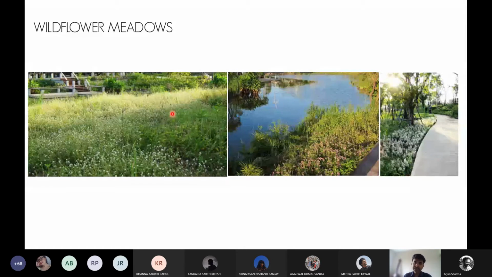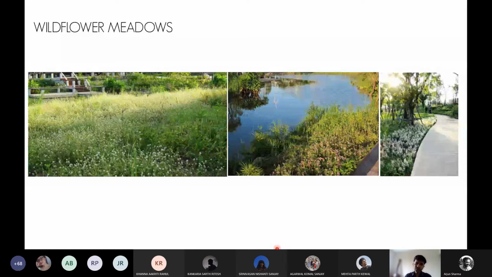meadow. But having said that, a wildflower meadow or a naturalized patch wherein you just allow for these local native plants, maybe you sow them the seeds and you just leave it at that, or you just let it be. You plant them and you allow for the plants to grow up. Like in a place like Cochin or in Bombay, plants would definitely take over. This may not work well for, let's say, Udaipur or Jodhpur or any other place. The land would look barren. So you may have to think of an alternative way of covering it. So the point I'm trying to make is you don't have to put lawns everywhere. There are other ways of covering the ground with